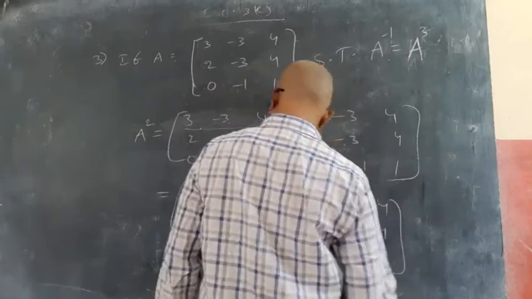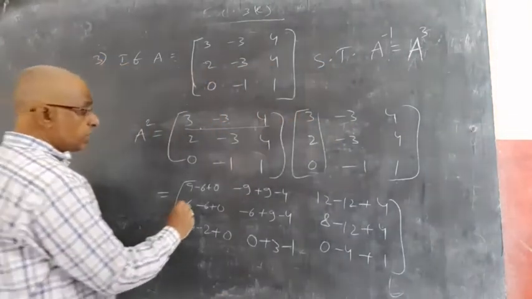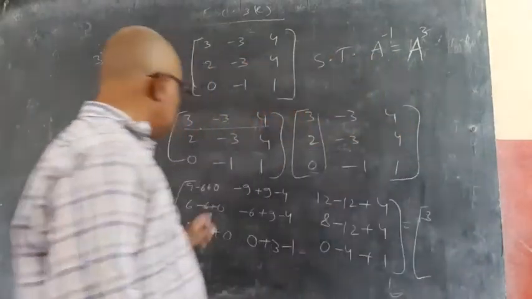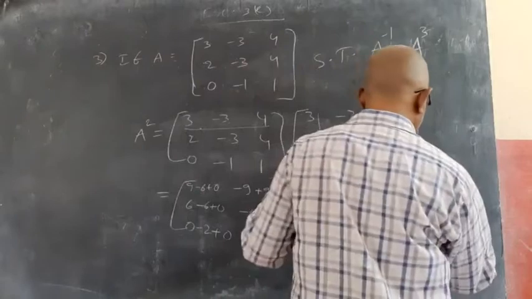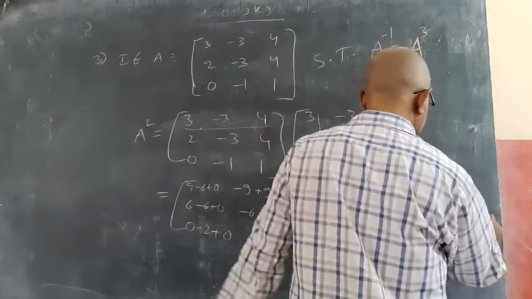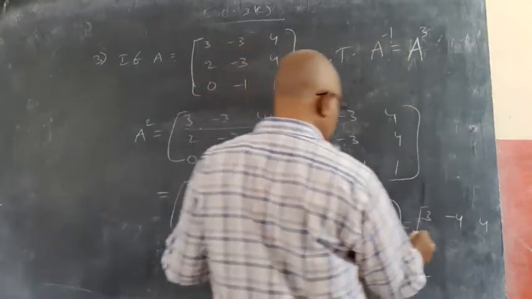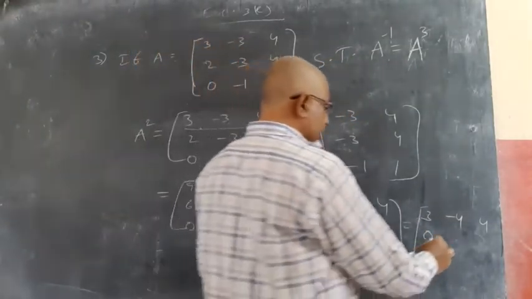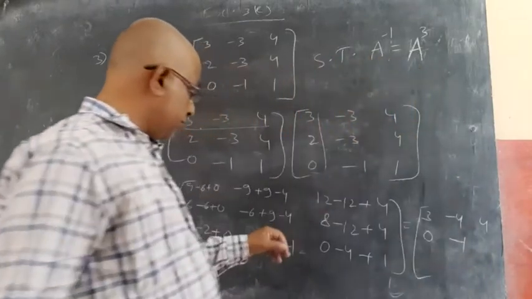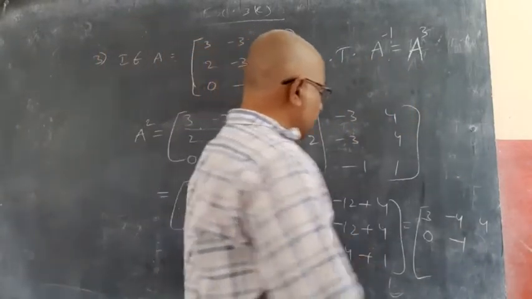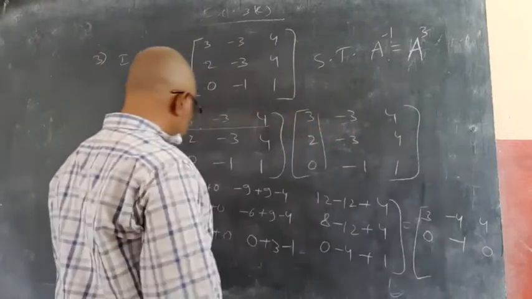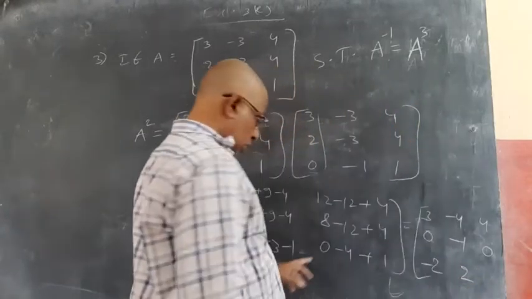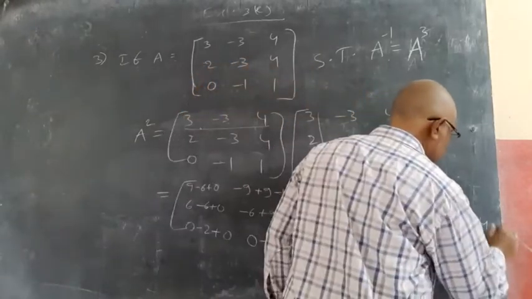So finally this is equal to, we will get 9 minus 6, 3. This is 9, 9 cancel, minus 4, and this is 1, 12 cancel, plus 4, and this is 0. This again minus 10 plus 9 minus 1. Again coming to this, 12, 12 cancel, 0, and coming to this minus 2, and this is 2, and this is minus 2.